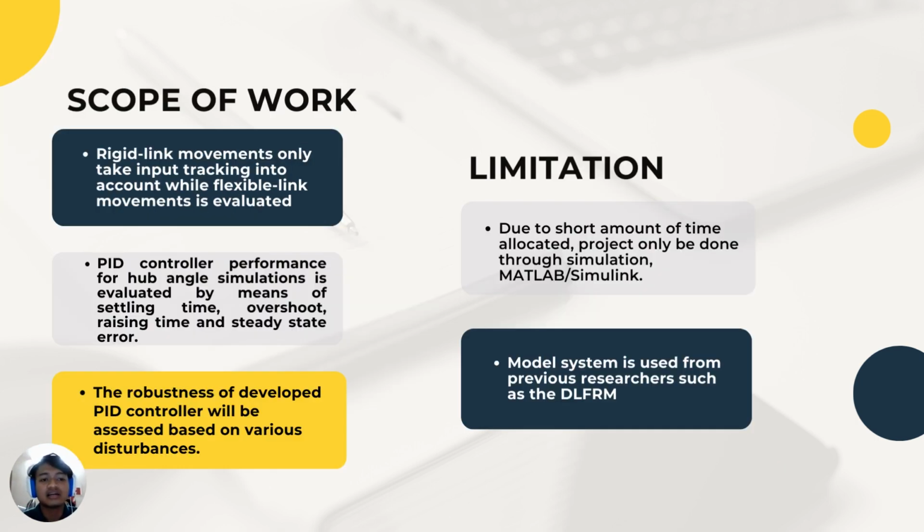Scope of work: rigid link movements only take input tracking into account, while flexible link movement is evaluated. The robustness of the developed PID controller will be assessed based on various disturbances, which are single disturbance and multiple disturbance. Limitations: the first one is the short amount of time allocated, which is 2 semesters. The project can only be done through simulation, which is I will be using MATLAB or Simulink. And the other one is the model system is used from previous researchers, such as the double flexible robotic manipulator model